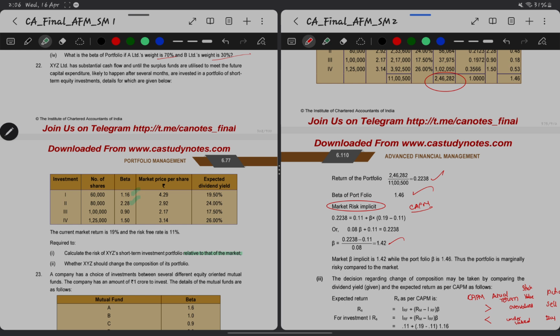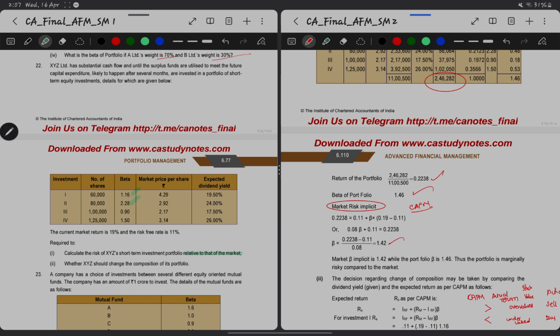Now this implicit market beta, this implicit market risk, is 1.42, while the portfolio's beta is 1.46. Thus the portfolio is marginally riskier compared to the market. Why? This is because of the proportion involved in the portfolio. If they had taken the correct proportion, then we could reduce the risk to 1.42, but still